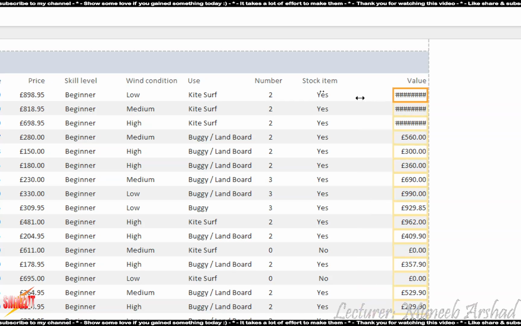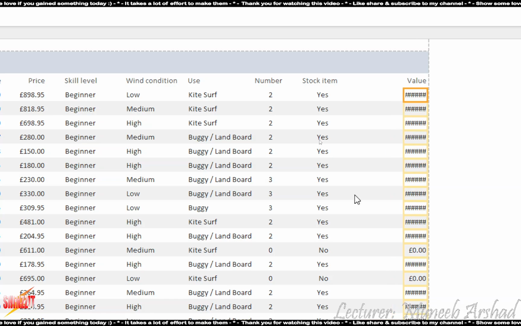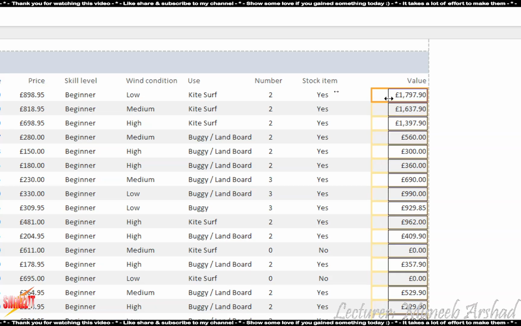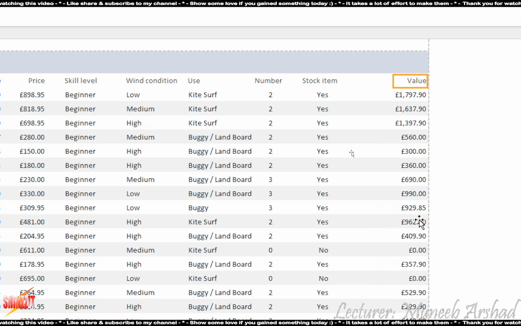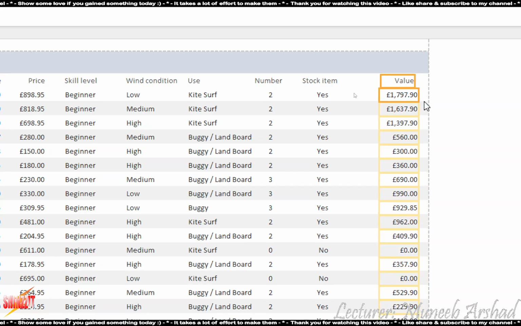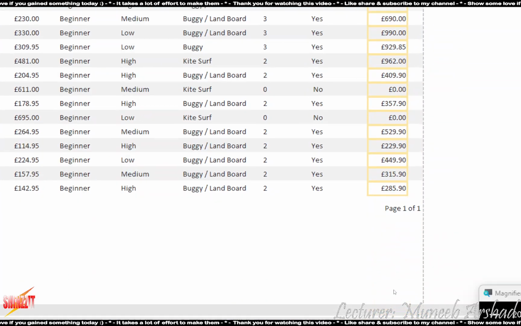Value, resize, hashtag, because there's not enough space to display the data. So you need to make appropriate space to make them visible. Hashtags only represent that the space is not enough to display the data.